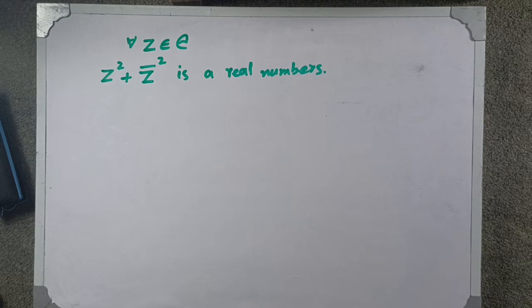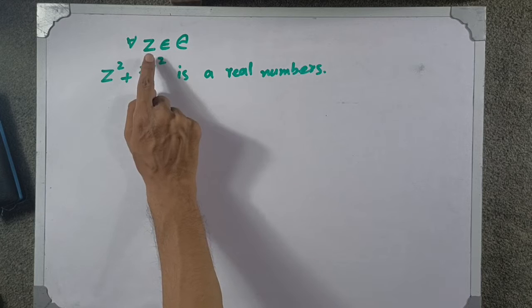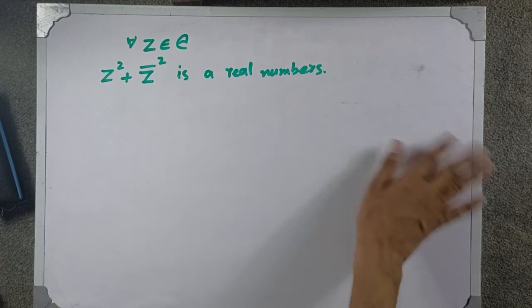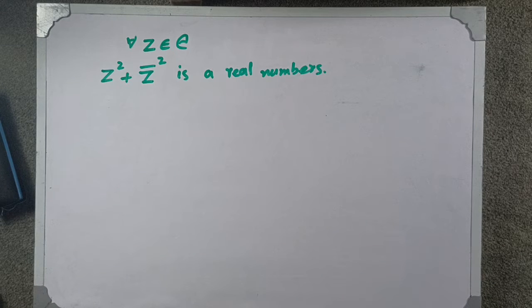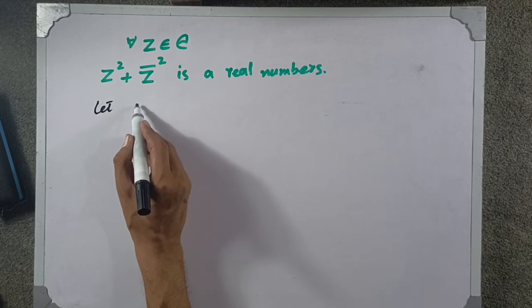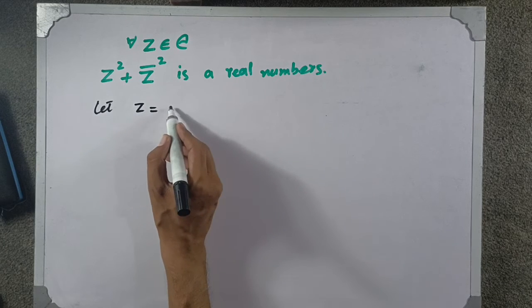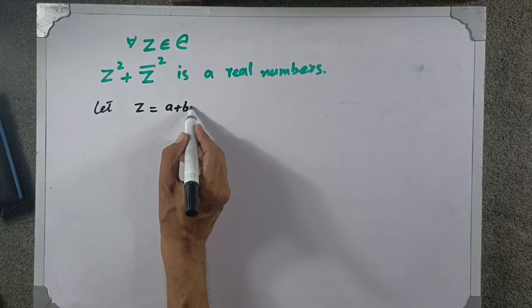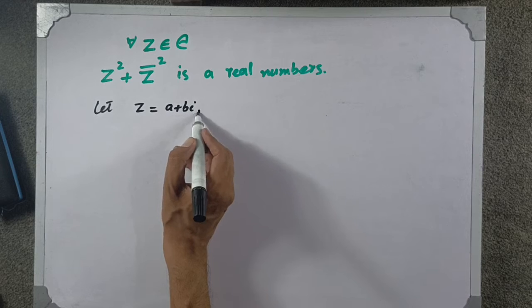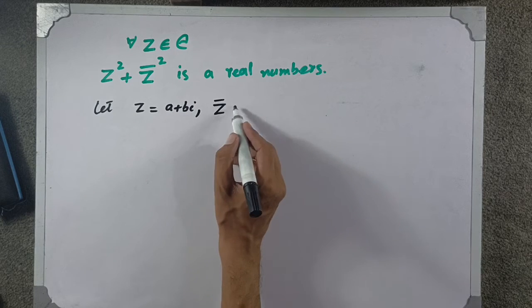So to prove that for every complex number z square plus z conjugate square is a real number, we have to take a general form. For this let me consider a complex number z as a plus b iota. This is the real part, this is the imaginary part. Then its conjugate is equal to